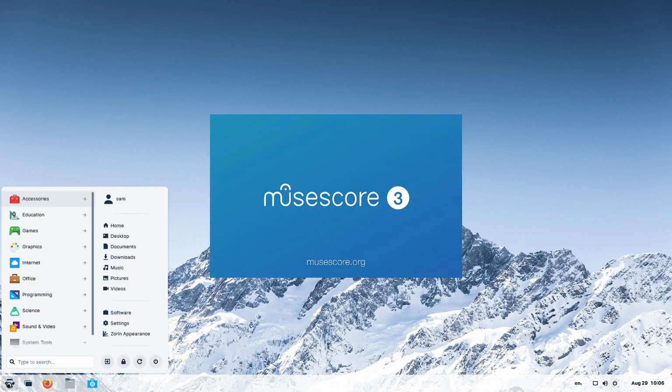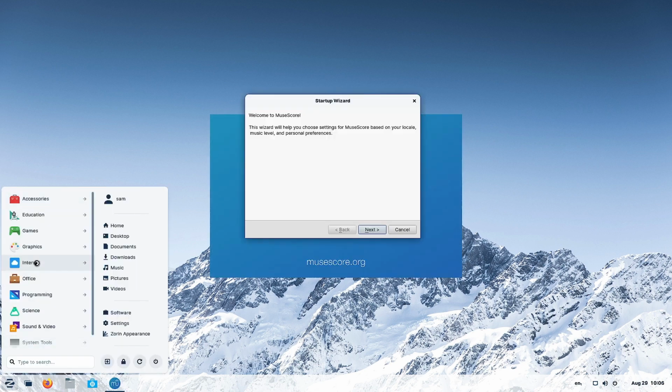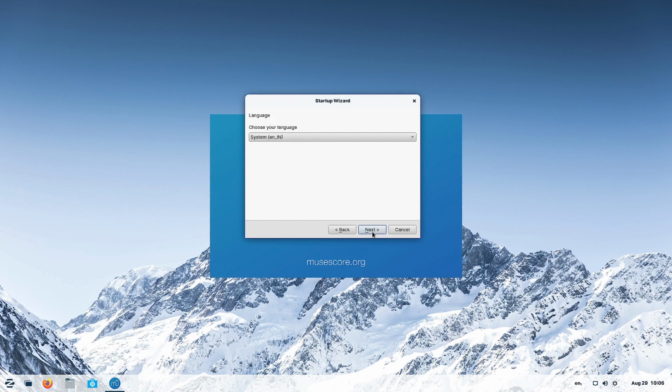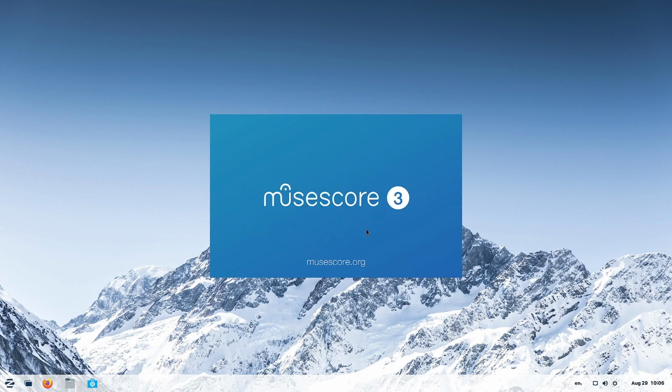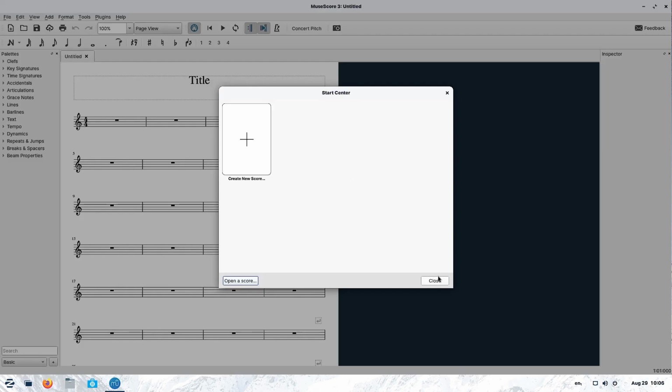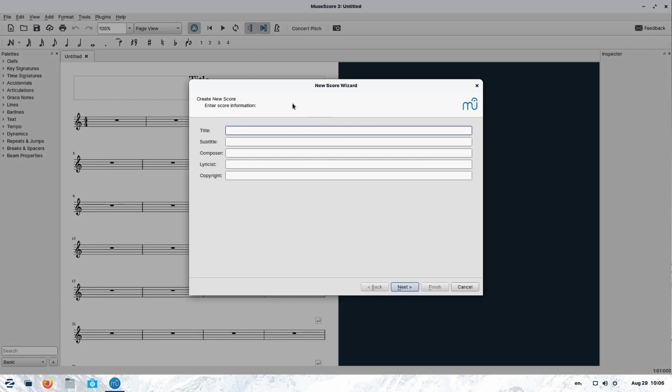So we have checked this out earlier in Debian School Linux also. So you can take the musical notes. You can create music by writing the musical notes in this application. We can check out the MuseScore right now. We can create the new music score here by clicking on this. You can give the name, title, composer name, lyricist, and copyright data here in the new score